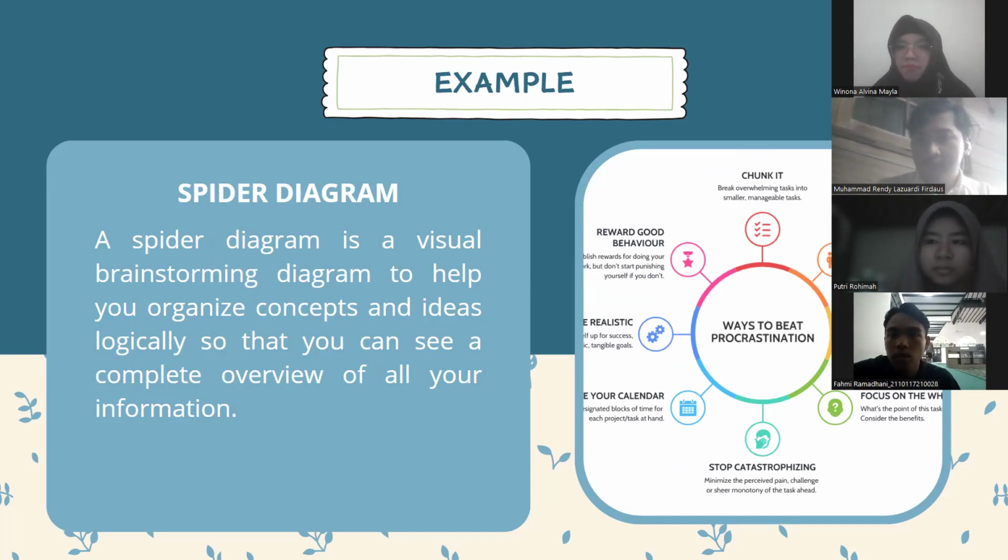Spider diagrams help you to make connections between ideas, explore possible solutions, and visualize concepts that might otherwise be difficult to understand. They allow you to see the bigger picture of a topic or a problem and more specific details. The material will be delivered by